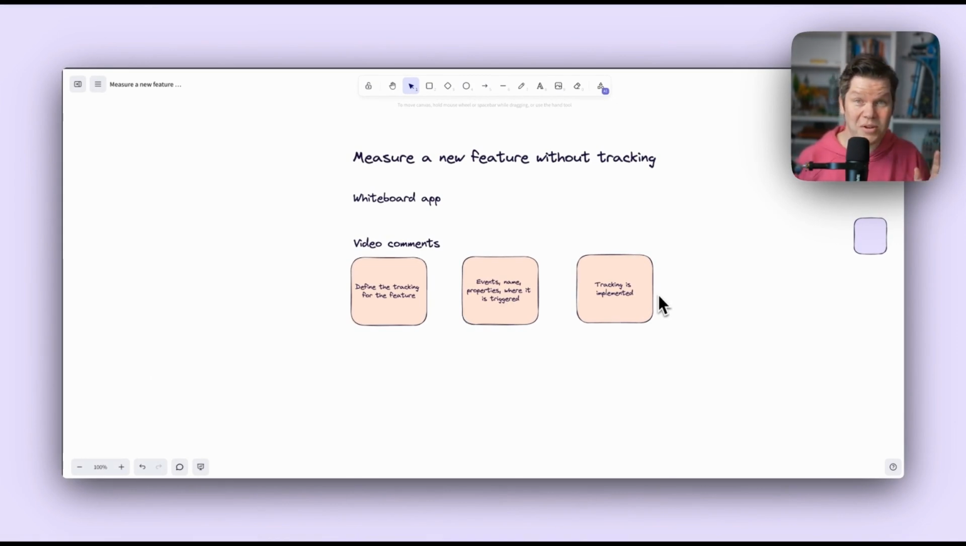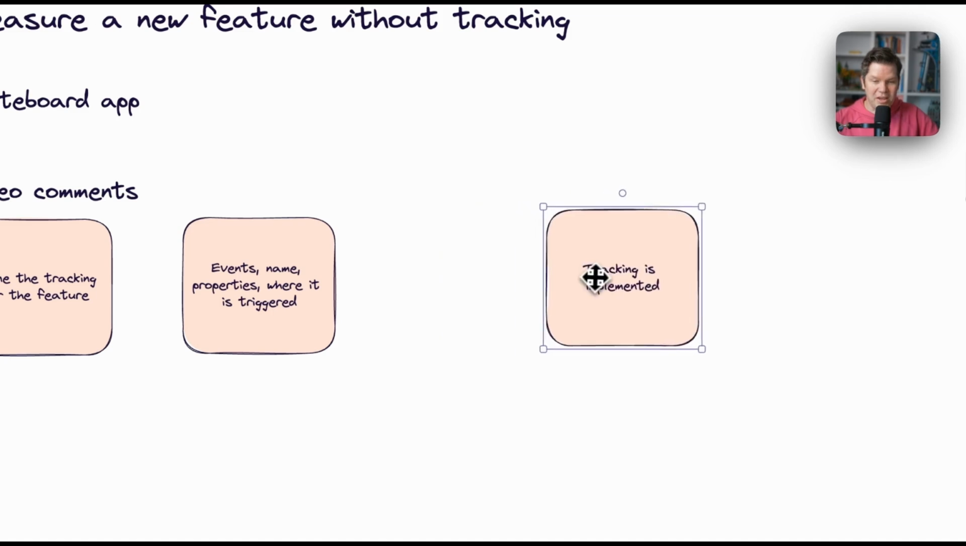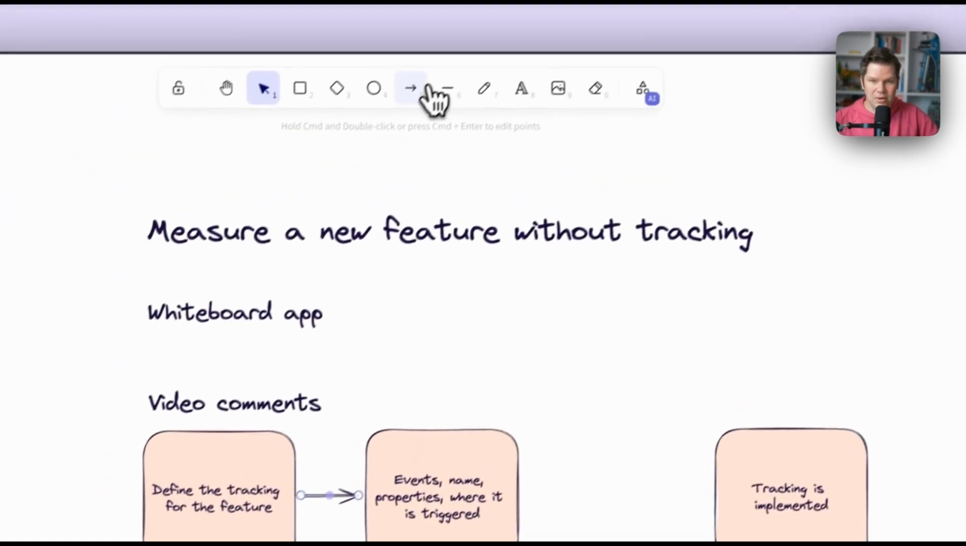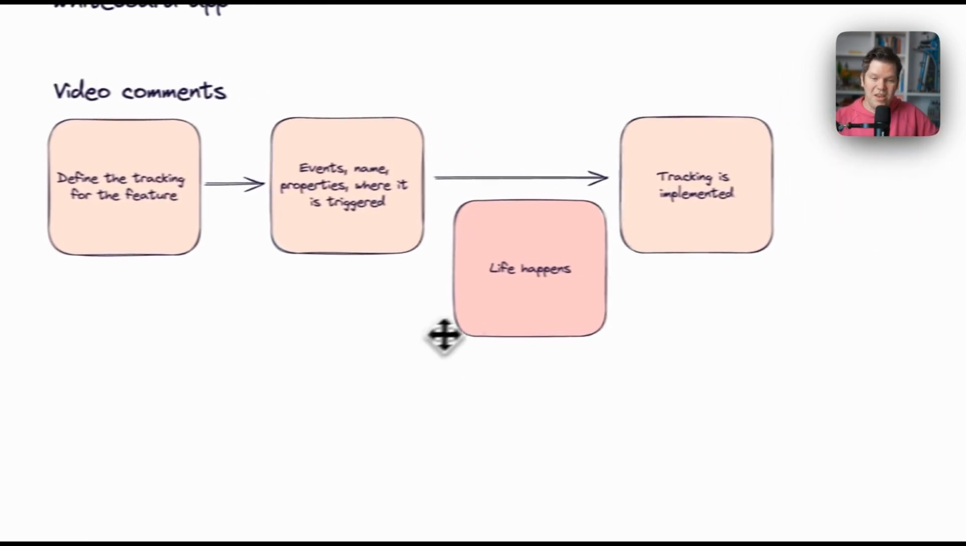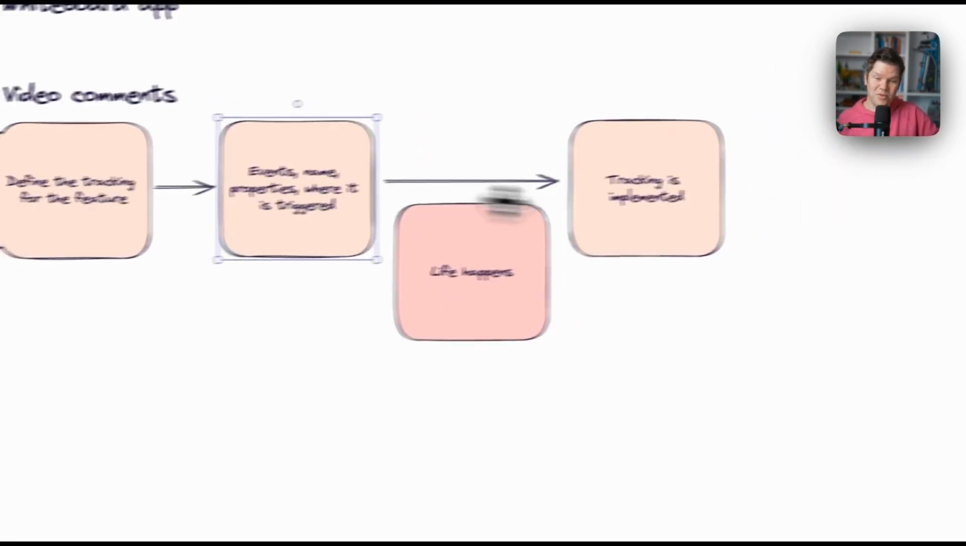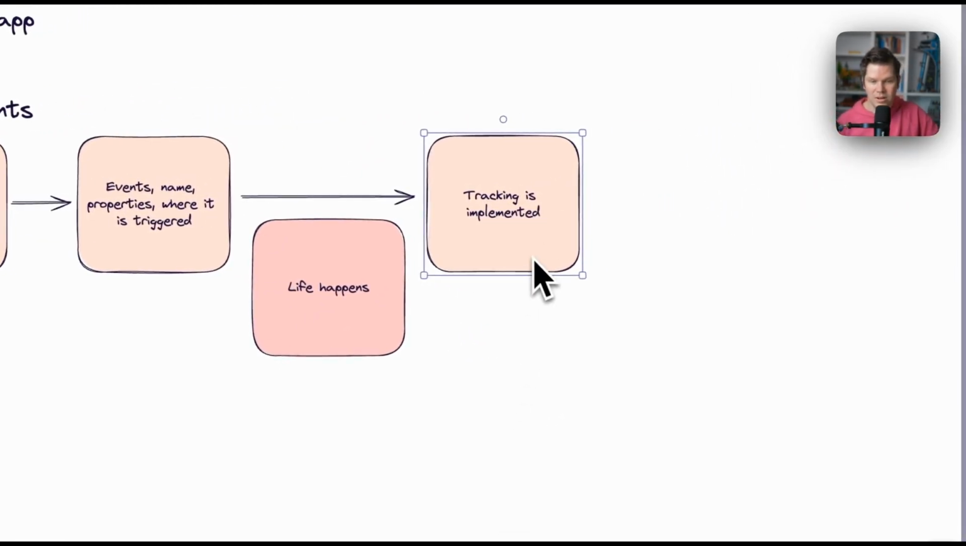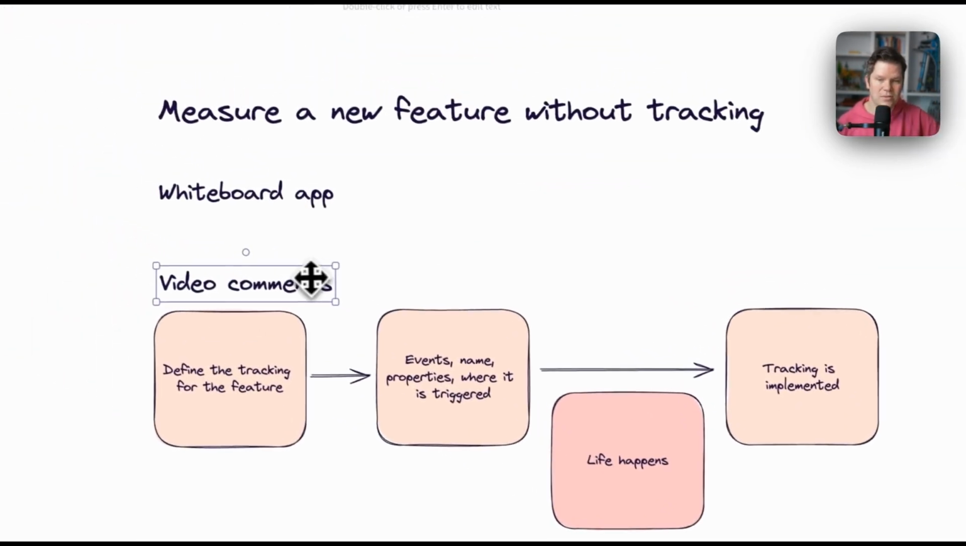They are still focusing on fixing some issues with the video comments. Tracking being implemented would be an ideal state, but what we see in between is life happens. What it means is a lot of things from here to here can go wrong. It can be anything, so it can be just pushed back. So again, most of the reasons why it doesn't happen is